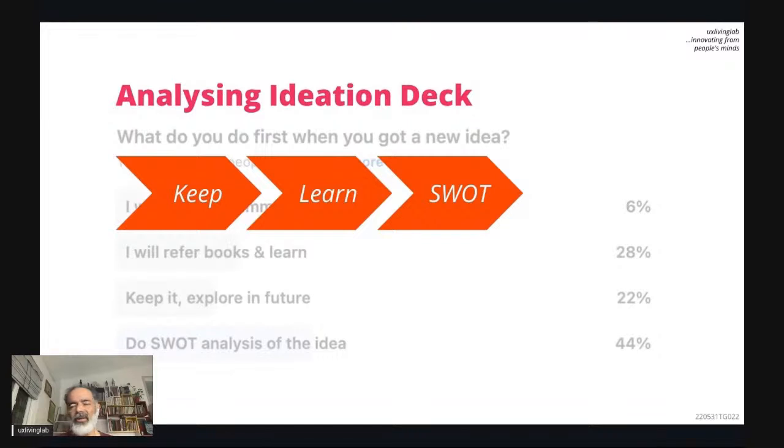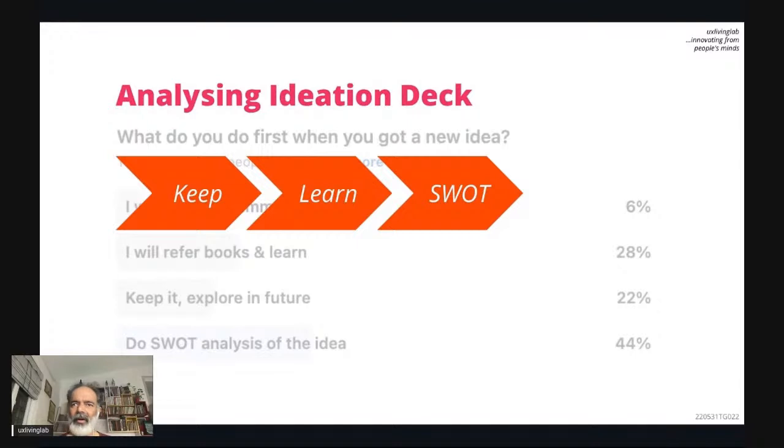Think about the last idea I explained last week. Why can't we use the Big Mac index in our organization? That's a finance idea, but I am not a finance person. So a finance person has to do the SWOT analysis. That is better. Don't do the SWOT analysis by yourself.